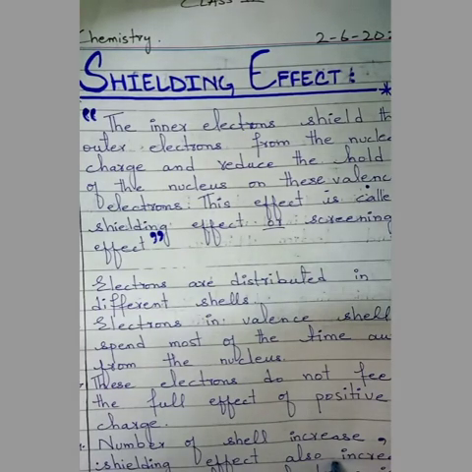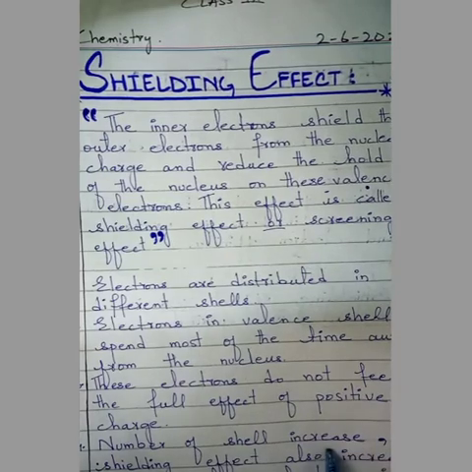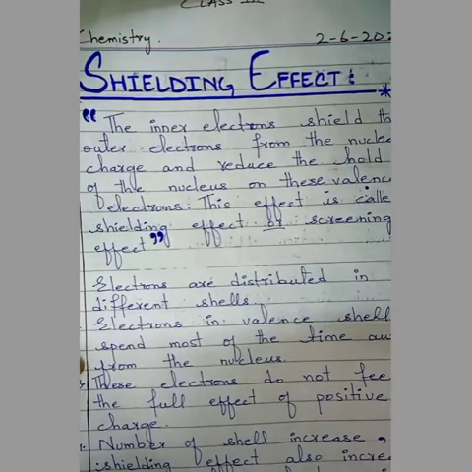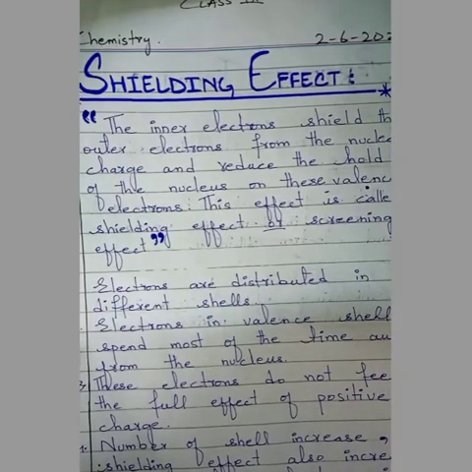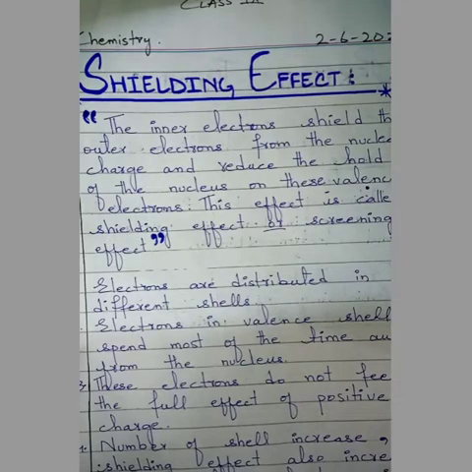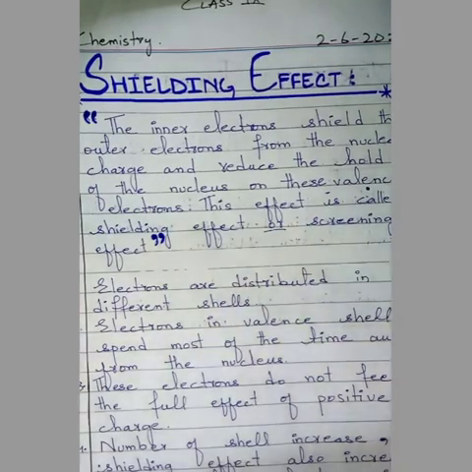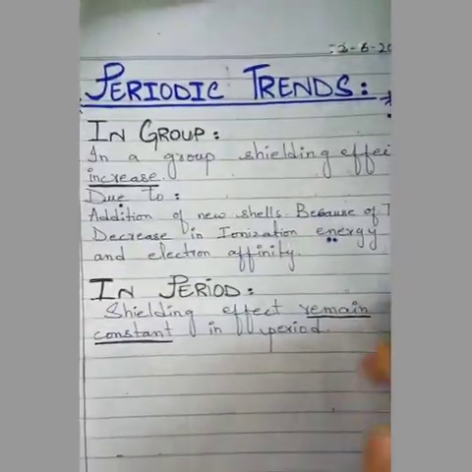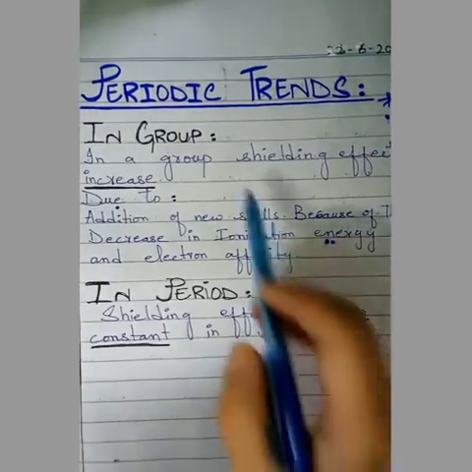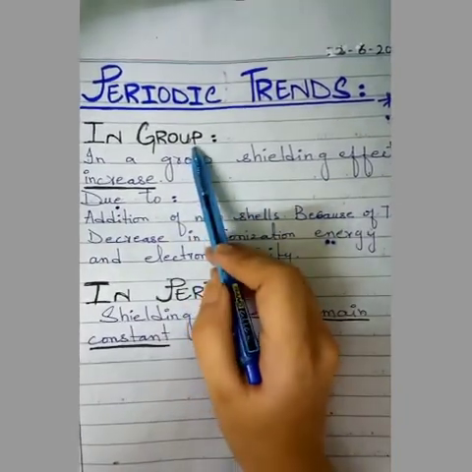As the number of shells increases, there will be more protection of electrons from the attraction of the nucleus. In this way, shielding affects the atomic radius, ionization energies and electron affinity. We discussed this in our trends in detail. We have two trends in a periodic table, that is in a group and in a period. First of all, in a group